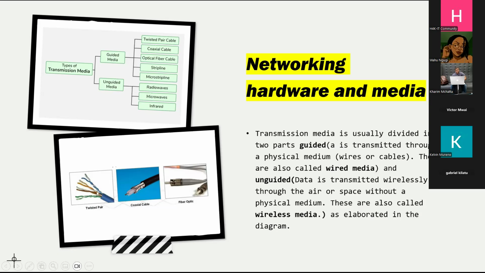For the twisted pair, it has two forms of connections to an RJ45. We have the straight through and a crossover type of connection. And then the coaxial cable has only one. The coaxial cable, a good example of it,